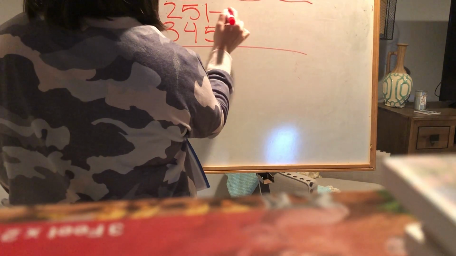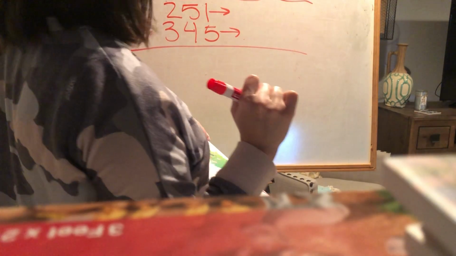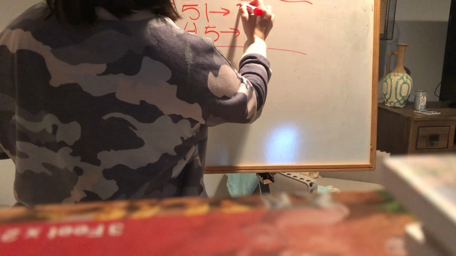Let's go ahead and estimate them first, and then we'll use the place value method to add. So 251, what can we estimate that to? To me, that is very easy. There's already a 5 in our tens place, so let's make our ones place a 0. So we'll estimate it to 250, because again, that makes it easier to add when we have a 0 in